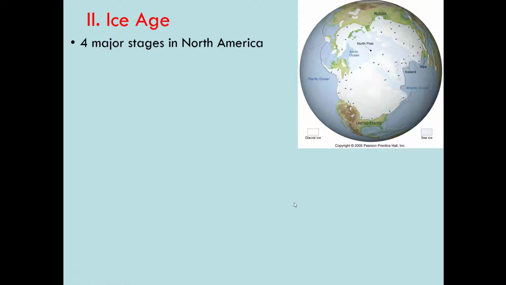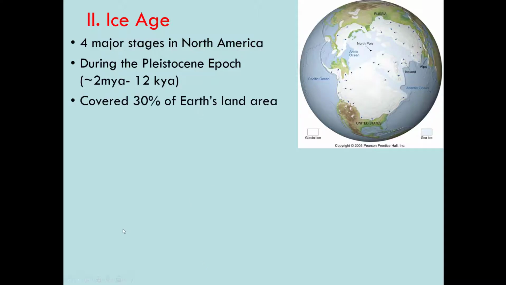These ice ages occurred during a time period that geologists call the Pleistocene epoch. Perhaps some of you have seen the children's movies about ice ages. I believe there is one called Pleistocene for that very reason. So again, the Pleistocene epoch occurred on the geologic timescale from about 2 million years ago to about 12,000 years ago. During that time period, over 30% of land on Earth was covered in ice,